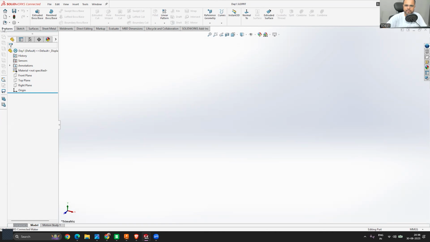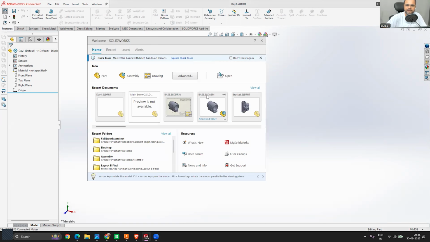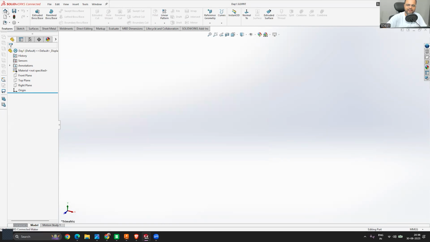Inside this Feature panel, the first option that you can see is this Home tab again. If you click on the Home tab, it will bring back the same options from where you can start any design, open existing ones. You can do all those things. But since we already started the design, this Home panel is not required. You cannot change these tools, because they are organized by the SolidWorks company into their positions. Based on usability, they take feedback from the users, and accordingly they make changes to their user interface, so users can work faster and more efficiently. Now the next option is to save this file. Since we already saved this file, there is no need to use this one as well.